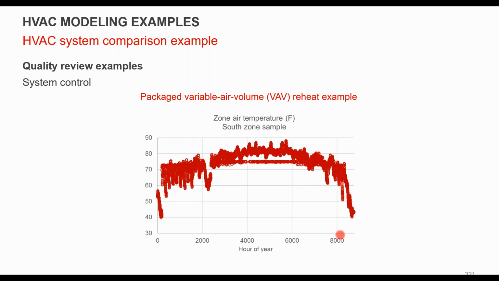And then look at actual space temperatures. In this case, you're getting some drop-offs at the beginning and the end of the year, but for the most part, through the summer and the winter, it's maintaining fairly consistent temperatures. But if you were seeing a lot more variation throughout the year, you might want to check and make sure that your fans are actually cycling on when they should be. In this case specifically, that's during a holiday period, so it's off and the system is just floating as low as it's going to go.